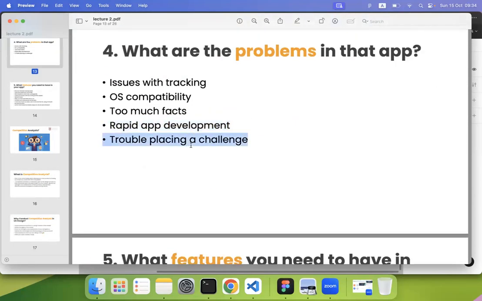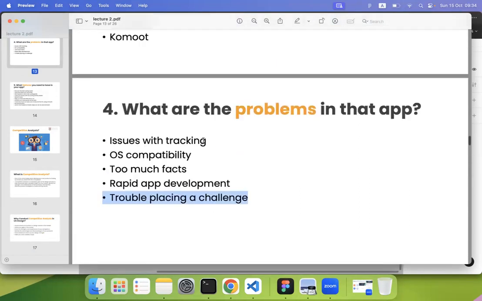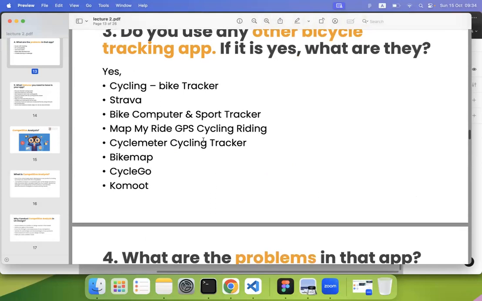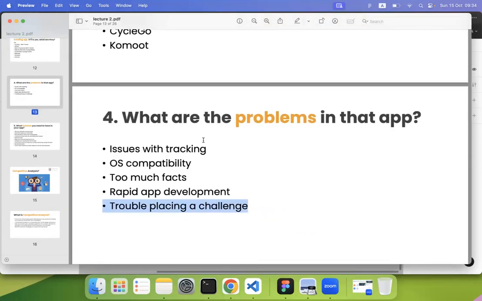Finally, trouble placing a challenge. So in that application, one user came up with the idea that if they wanted to create a challenge to challenge their fellow cyclists, there's no feature in that application to create that challenge. So if we can create an application where the user can create a challenge and invite other users, this user